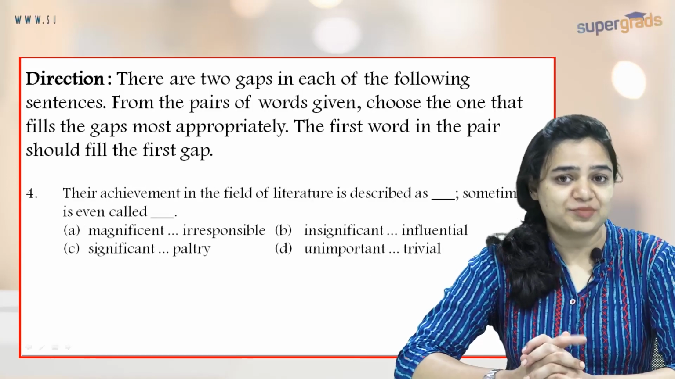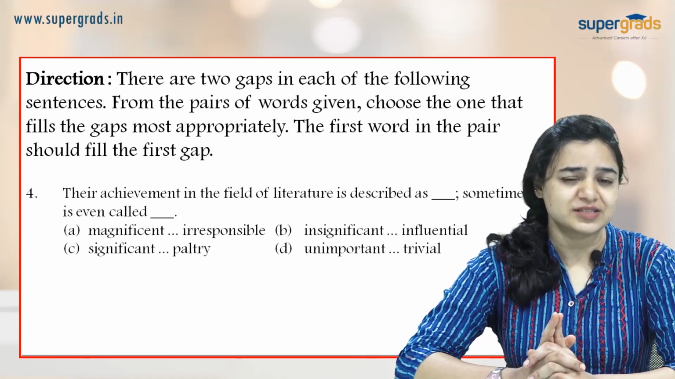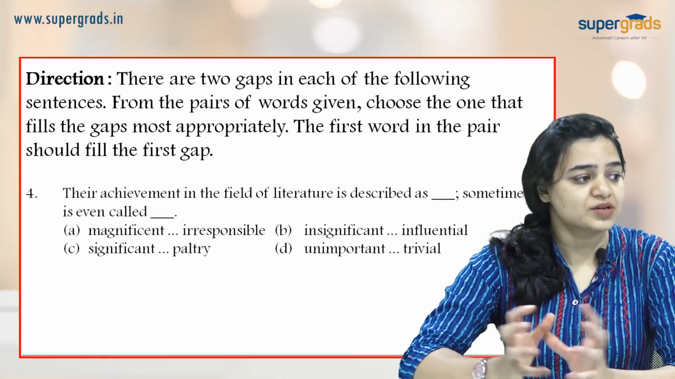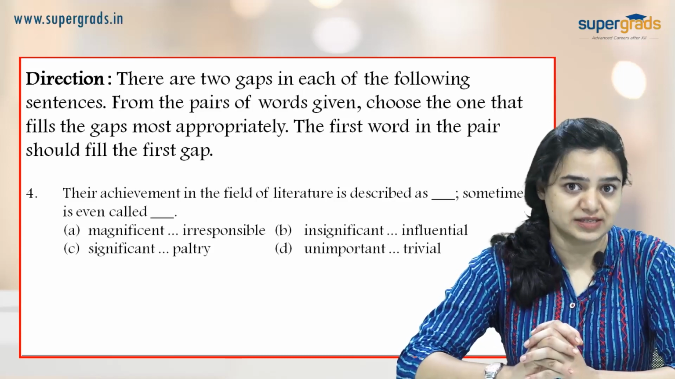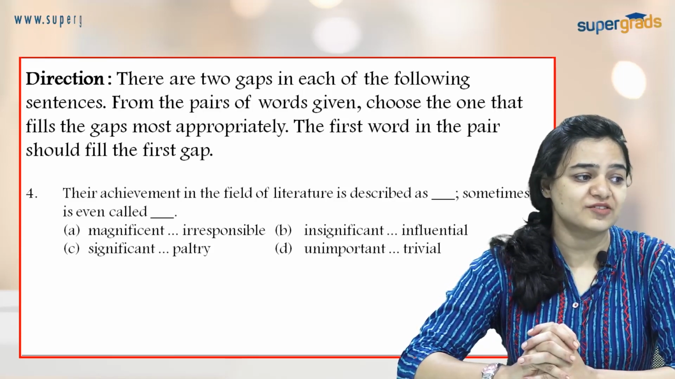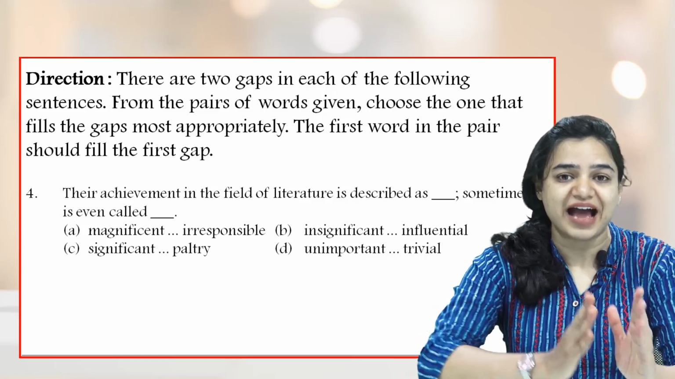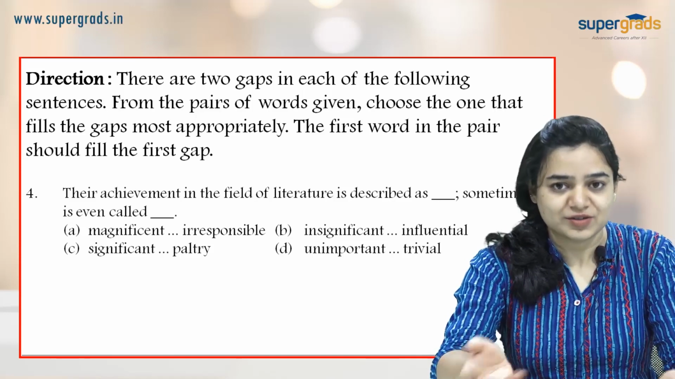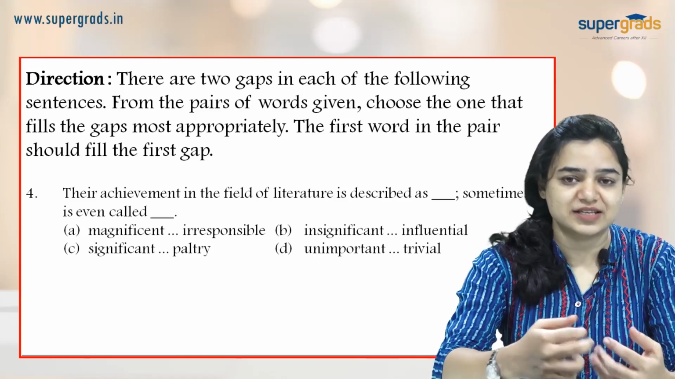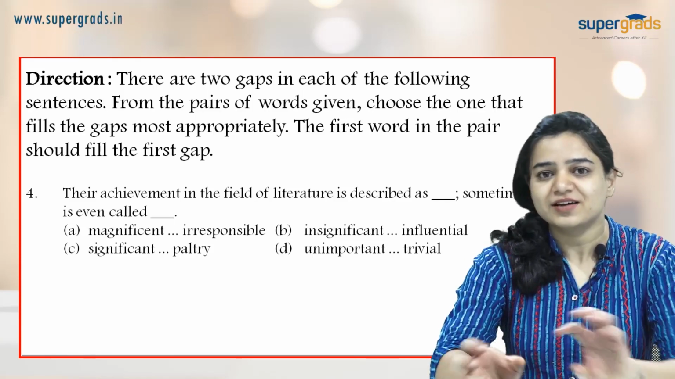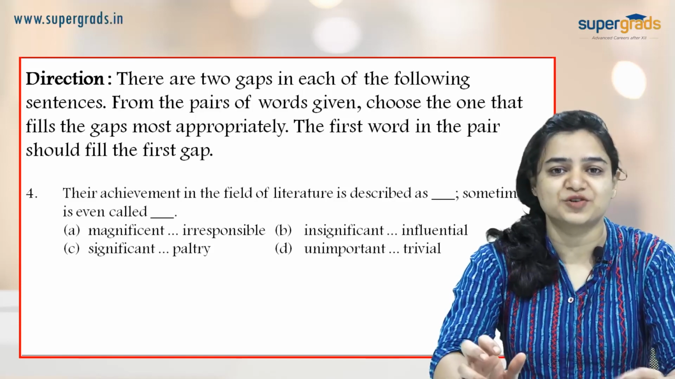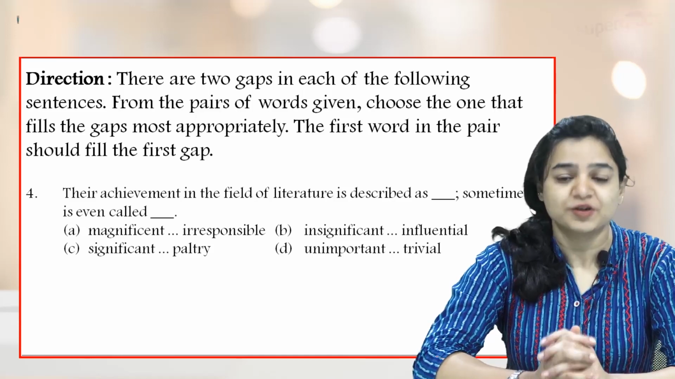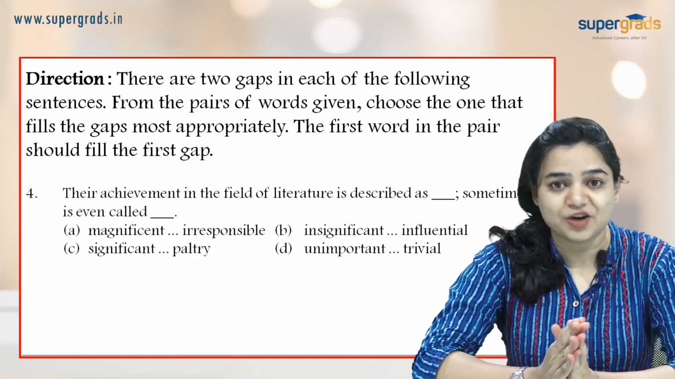Now in question number 4, an important thing to notice is that in both the blanks, I need synonyms. Why? Because let's see how the sentence progresses. It says their achievement in the field of literature is described as, let's call it A for now. Sometimes it is even called. So that presence of even is sort of telling me that B is going to be an amplified version of A. And that is going to be my selection criterion, because if I start scanning the options,